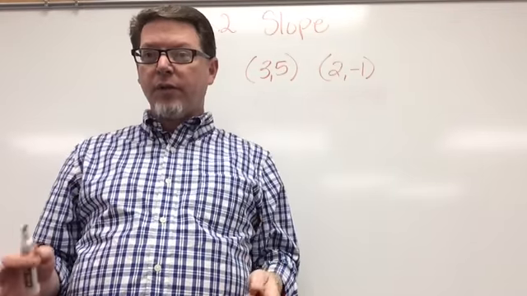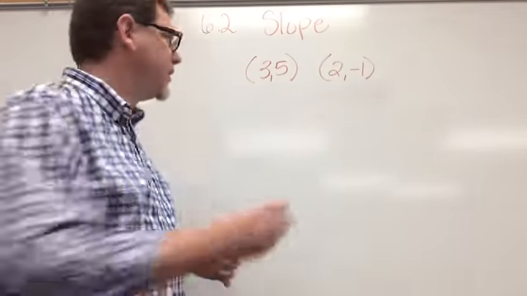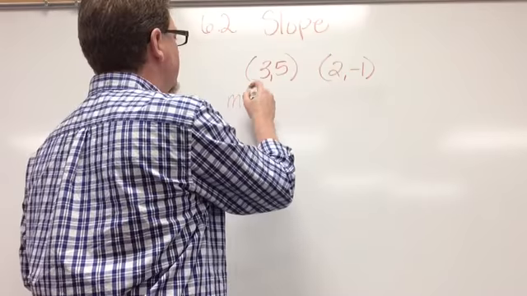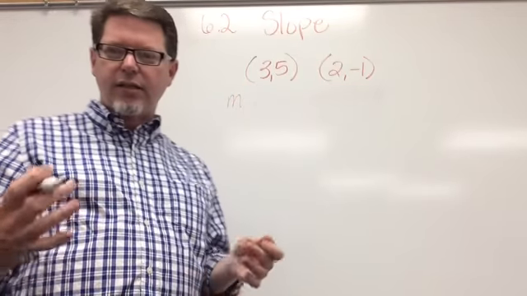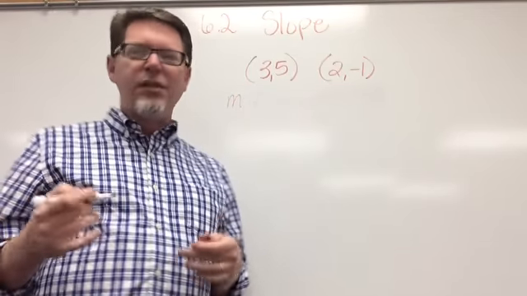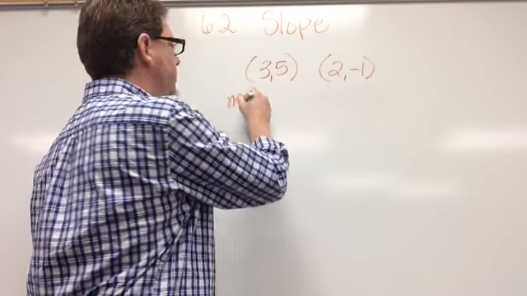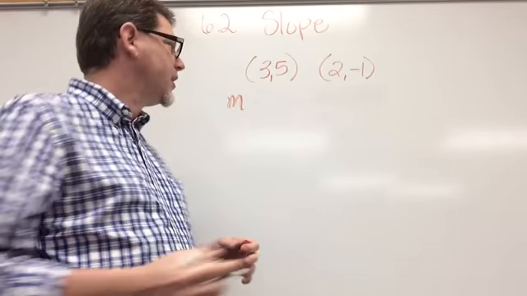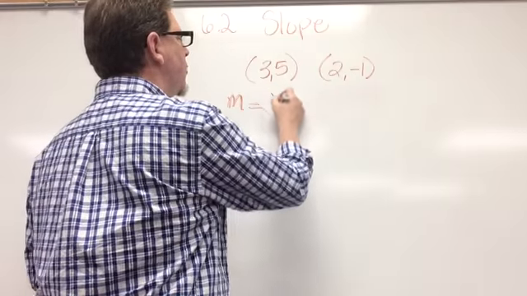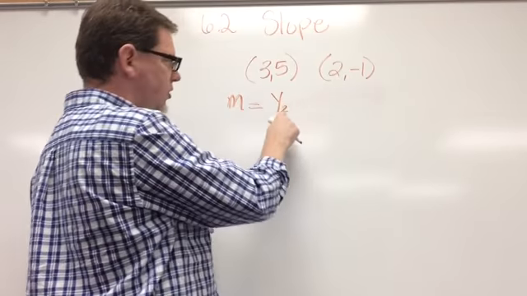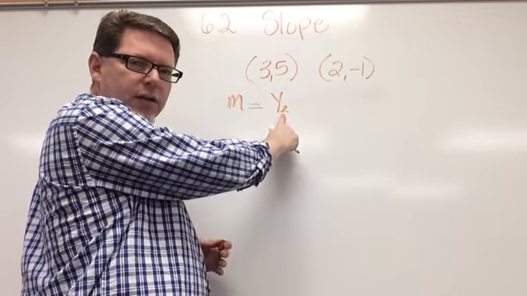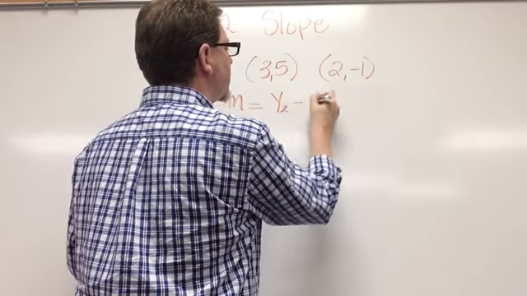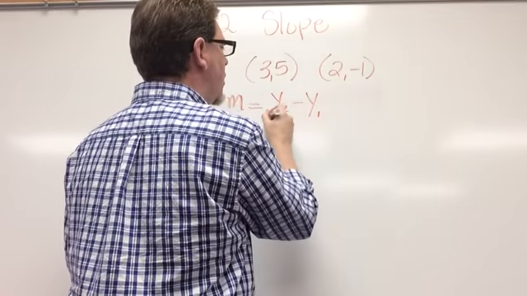Well, there's a formula for that. And the formula is m. And m is slope. I forgot to tell you that in the earlier part of the video. M is the letter that mathematicians chose a long time ago to represent slope. So m equals y2, and notice the 2 is just a tiny 2 down here at the bottom of the y, minus y1 over